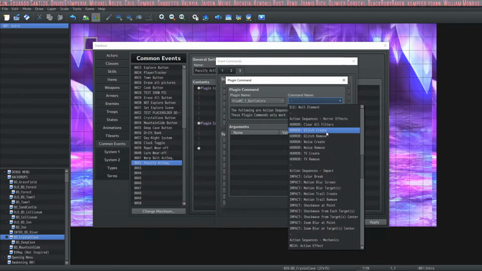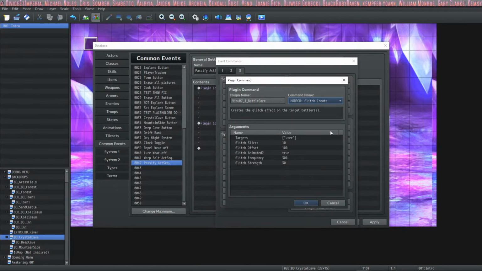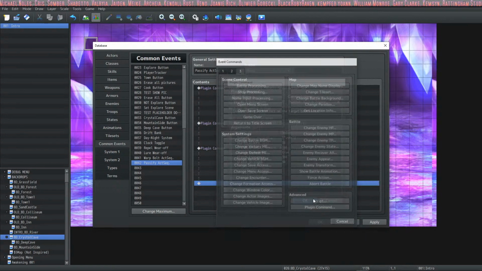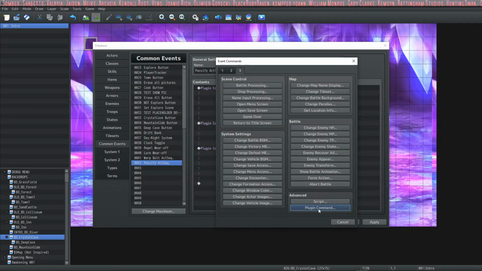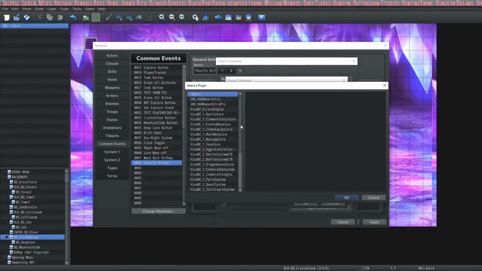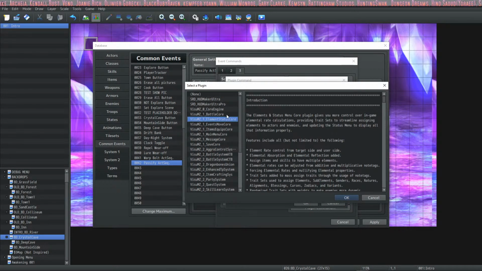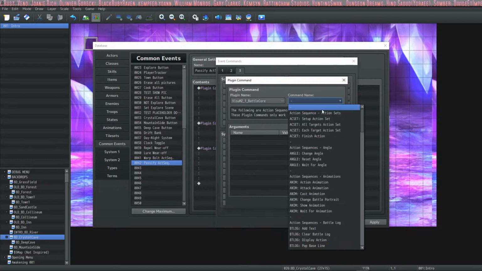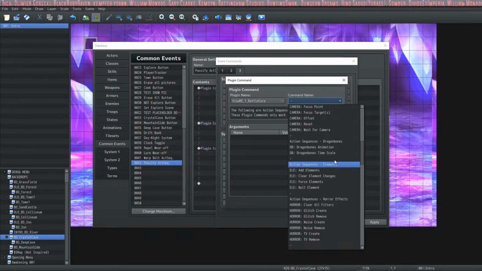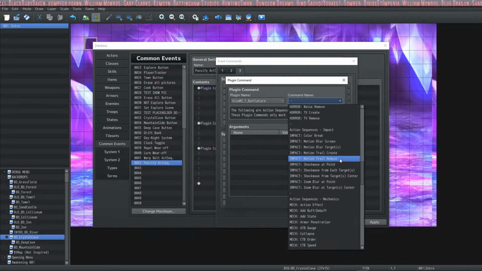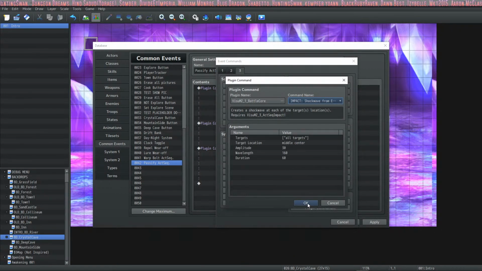Glitch create. Yeah, we're going to use glitch because I just want to see it actually. Color break. Motion blur. Shockwave from all targets, middle center.